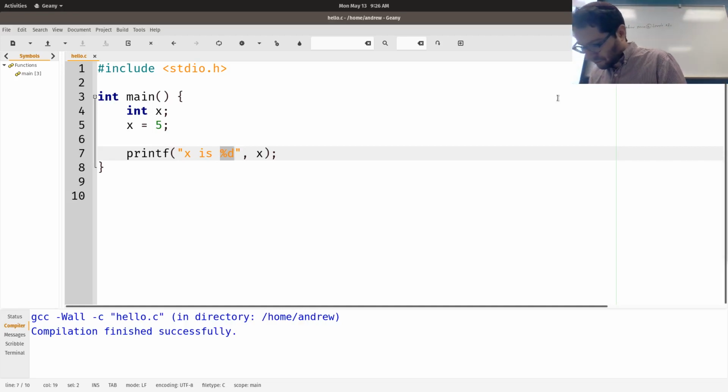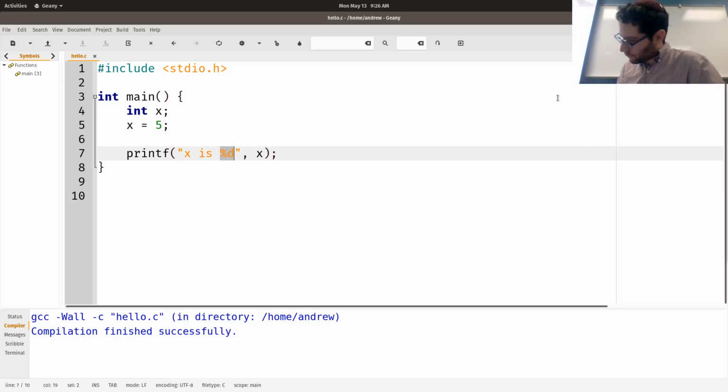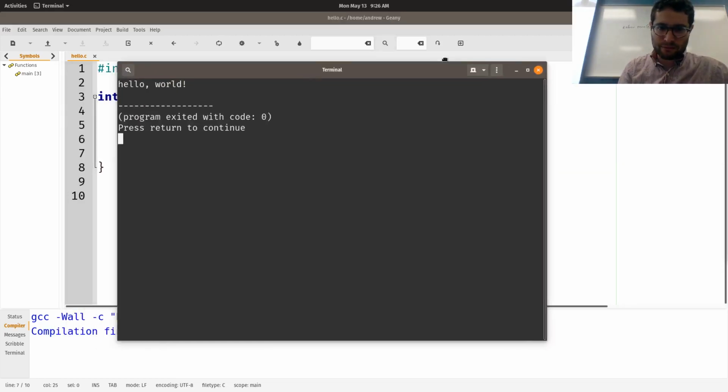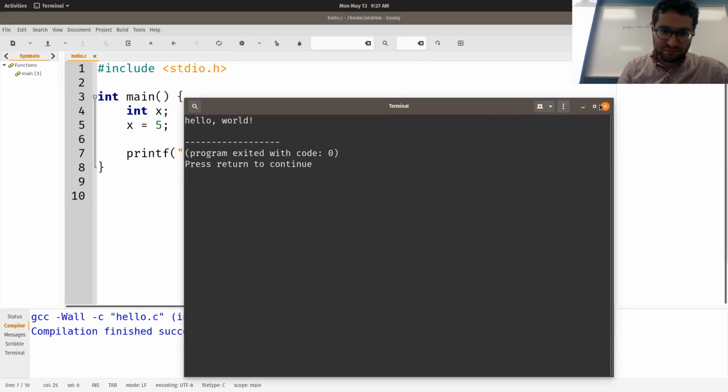This is a placeholder for some digit over here. And then it's saying, okay, I'm going to look at my arguments, at what comes after the commas, to put in here. And so it says x is for the first one, so I compile it, and I run it. Come on.